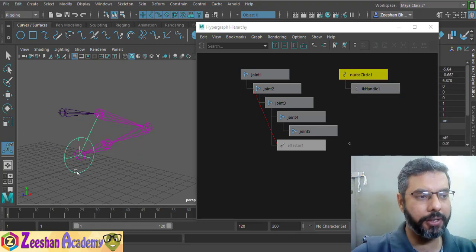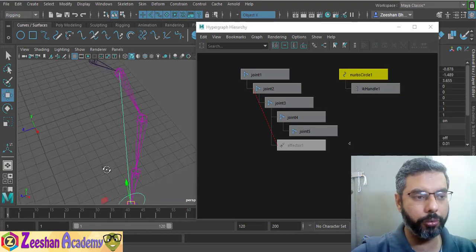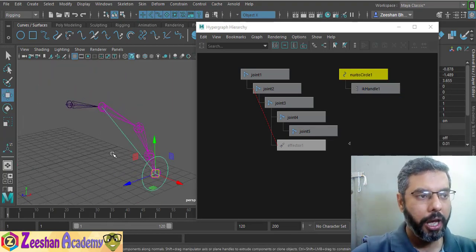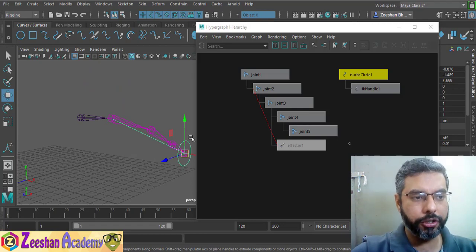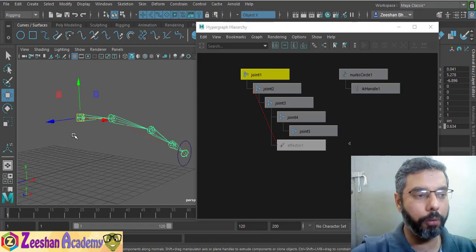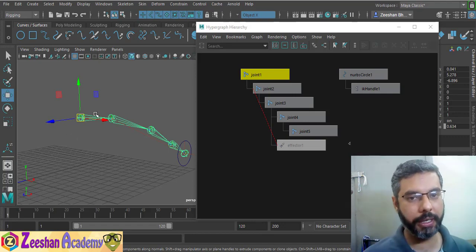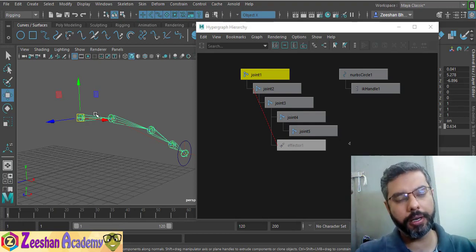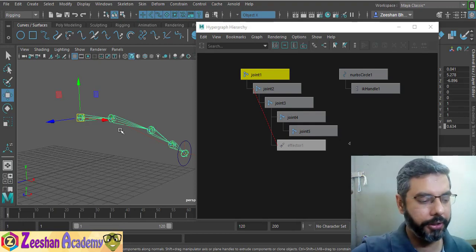Hopefully, this is a very simple tip that would allow you to understand how we can control this. And then this arm control can be pivoted with your collarbone or your root bone or your chest bone, depending on how you are rigging the character. We will be talking about these rigging tips and tricks later on in different series of lectures as well.